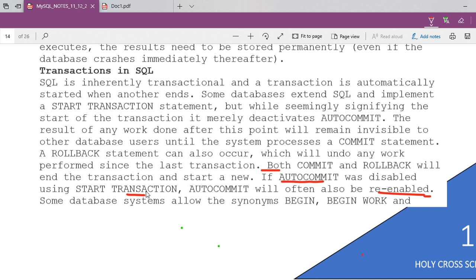Guys, you see, a very important concept here: start transaction. Last time we were simply putting a save point, but the save point is not coming because MySQL is in auto commit mode. So now I am going to disable the auto commit mode, run those commands once again and show it to you.